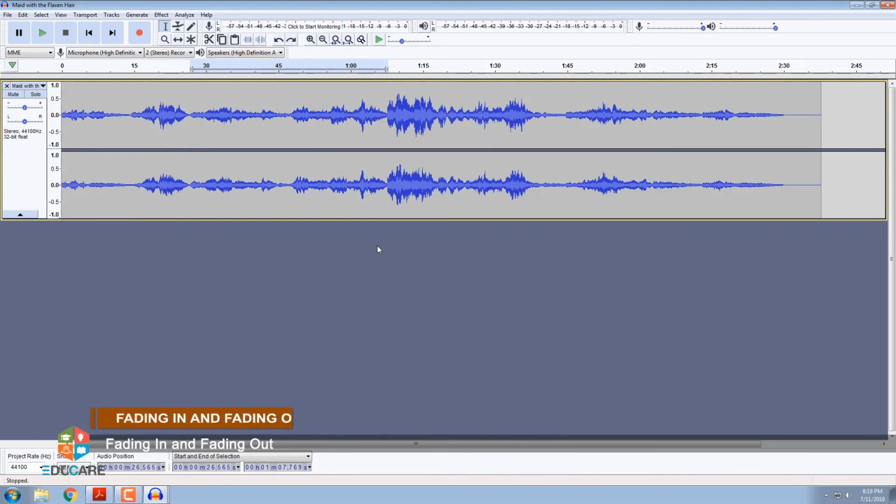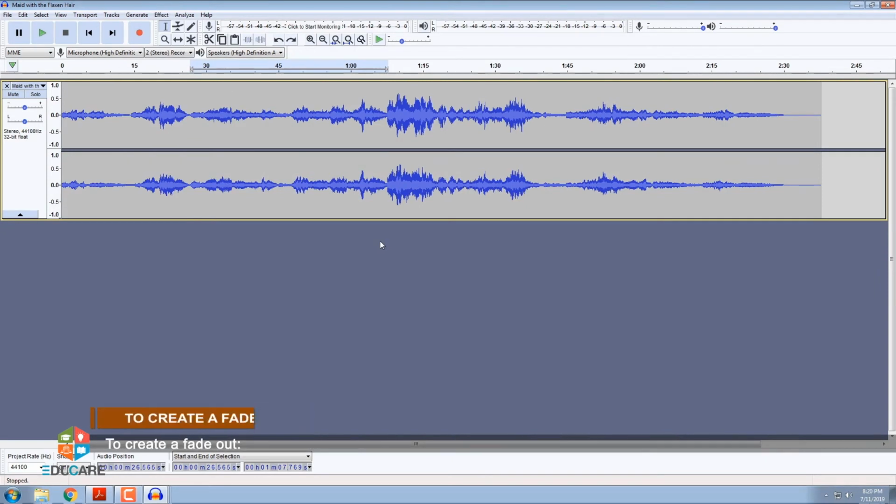Fading in and fading out. Fade effects are among the most common effects used in audio production. They can be used to create a smooth lead-in or a gradual end to a musical recording. They may be used to create a smooth transition from one piece of audio to another. Fade-in effects begin from silence and increase to full volume, and fade-out effects begin at full volume and decrease to silence, but may equally refer to a transition from one volume level to another, quieter or louder level.